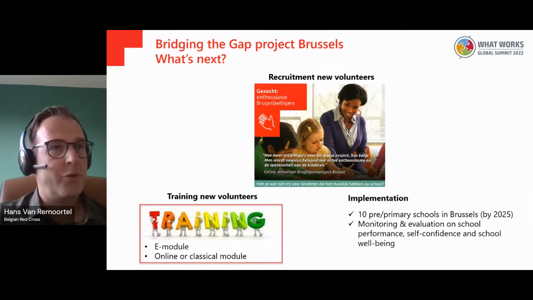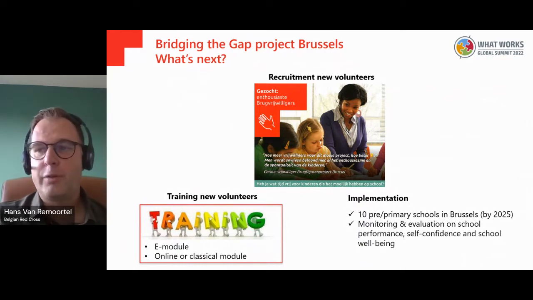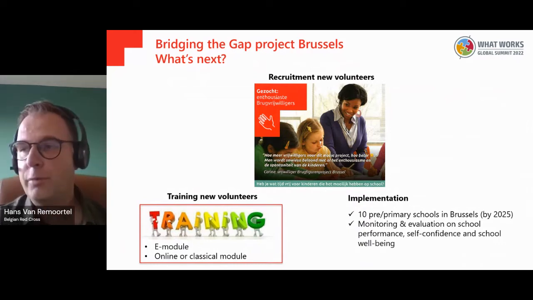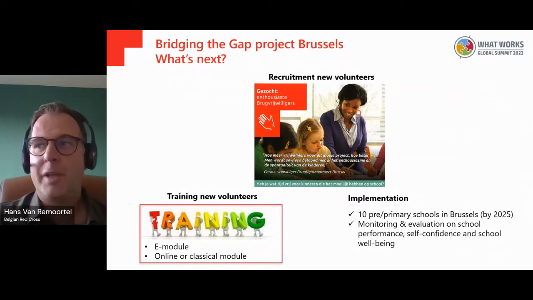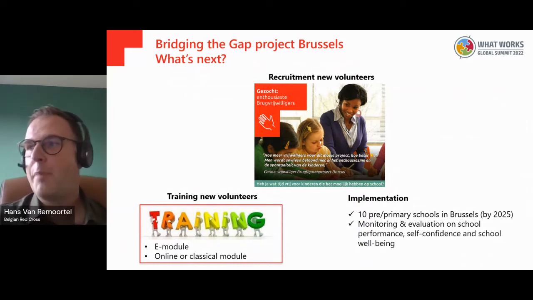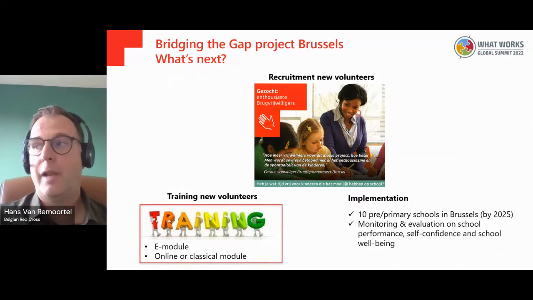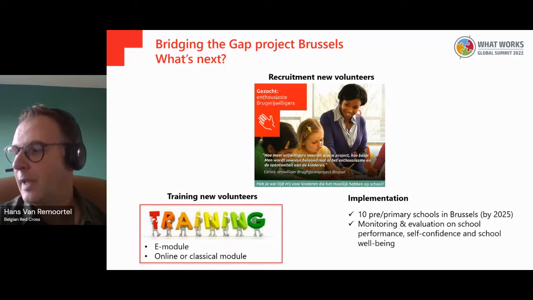After the recruitment, a training will be conducted, which will consist of a standard module, an e-learning, together with an online or classical module. And then finally, we will implement the project by 2025 in 10 pre and primary schools in Brussels. And importantly, we will also monitor and evaluate the impact of this project on different outcomes, primarily school performance, self-confidence, and